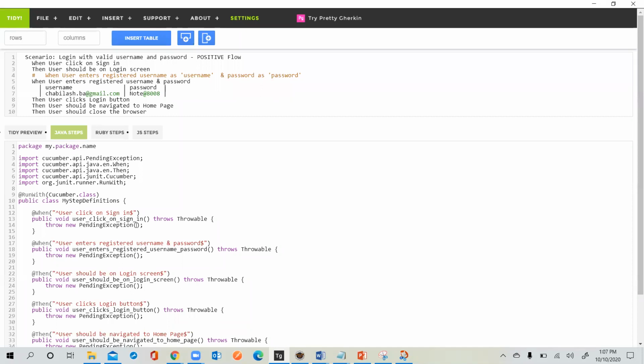Immediately, automation engineers will get a doubt: guys, how about the object names? Because once the application is developed, only then will we know the XPath values. So how can we do that? Actually, there would be a common understanding before doing it. So if it is a login button, I'll give it as BTN, which means button underscore login. This is how I'll define it.